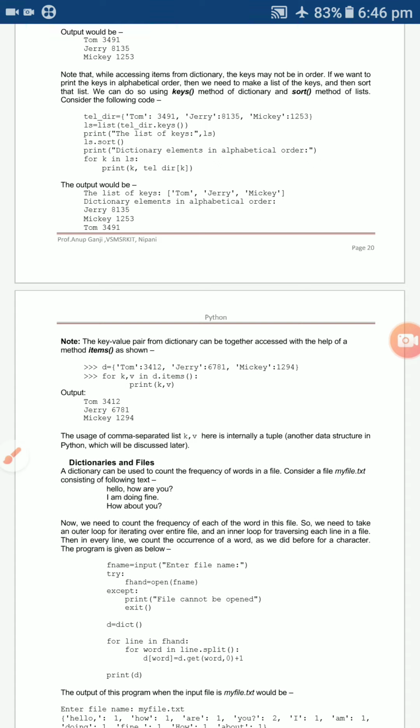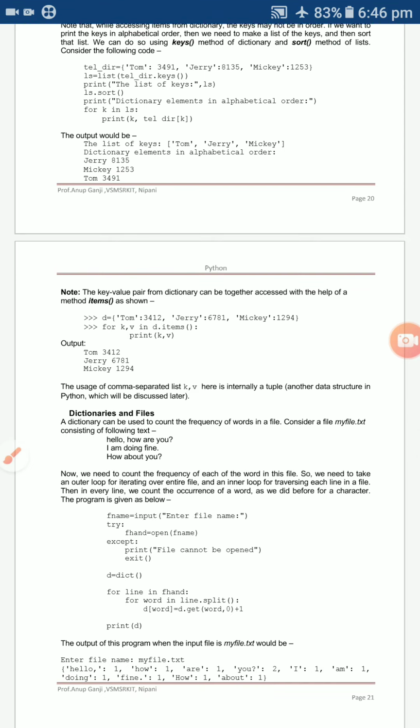Then you sort it with ls.sort. After sorting, all the elements will be sorted in alphabetical order. Then you can use a for loop. After using the for loop, once again you print whatever dictionary entries are present. So automatically it will be displayed in alphabetical order.